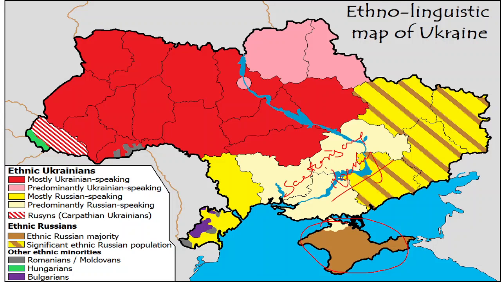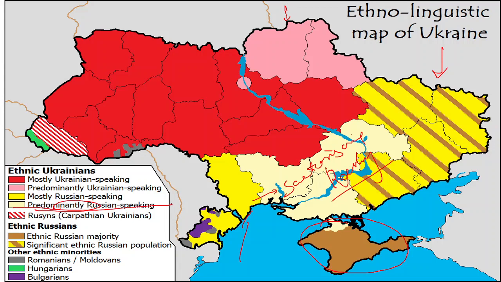Recently you might have heard that the US also banned the import of oil from Russia. So these are the linguistic maps. This is a significant map that will give you an idea of why exactly this region is being attacked by Russia: these regions have substantial numbers of people who are backing the Russian army.